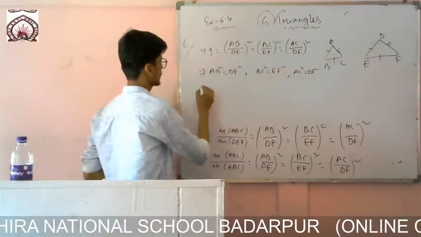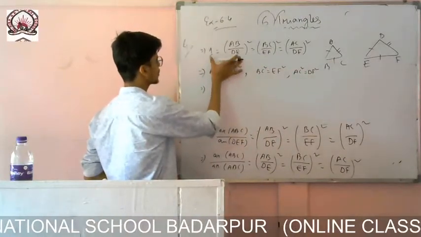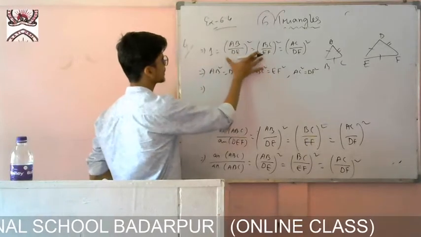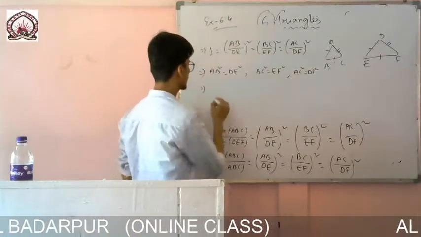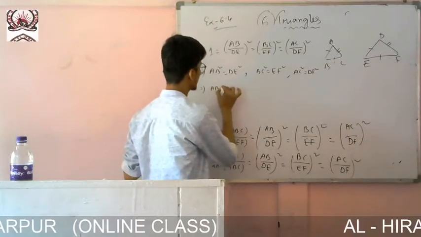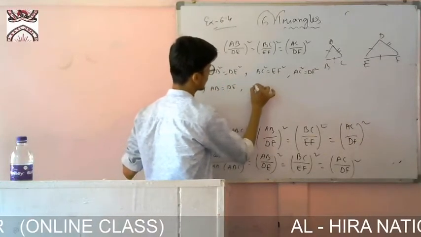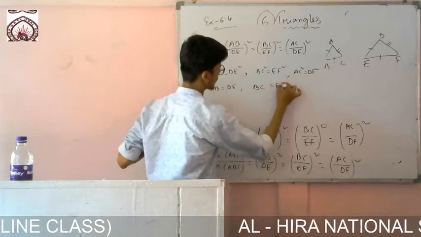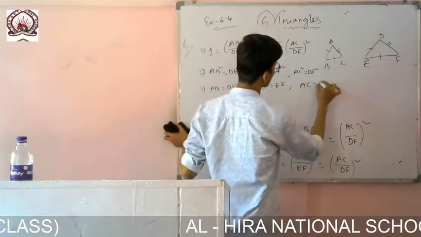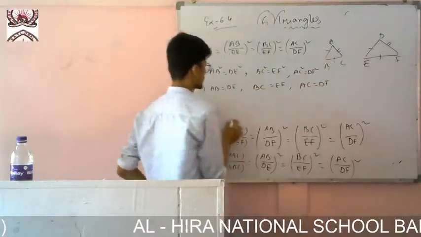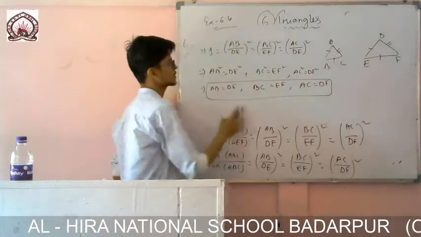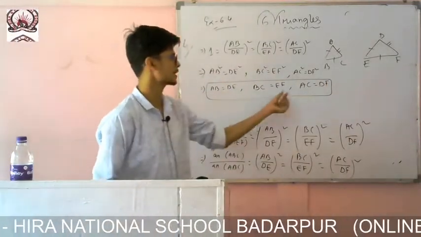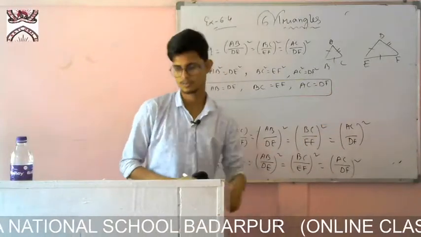This one I have compared with one only; these two I have taken equal, another time I have taken that two equal, another time I have taken this one and this one equal. So it came like this. Both sides square is there, so AB equals DE, BC equals EF, and AC equals DF. So when is this possible, that one side is equal to another side, and again another side is equal to the third side?